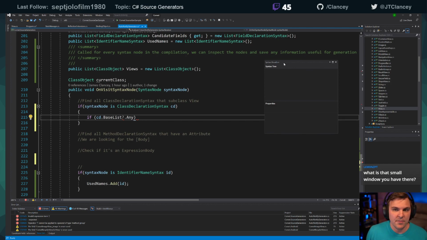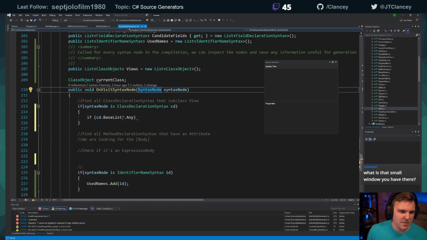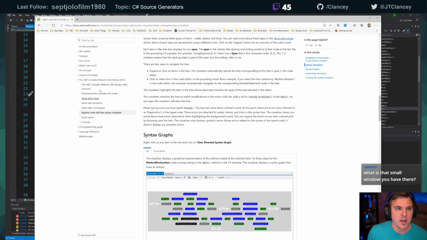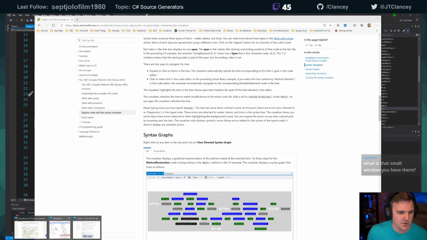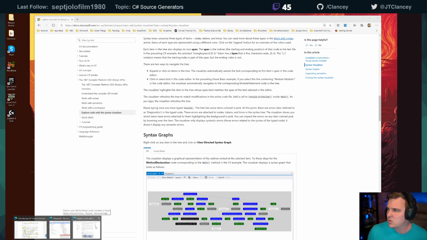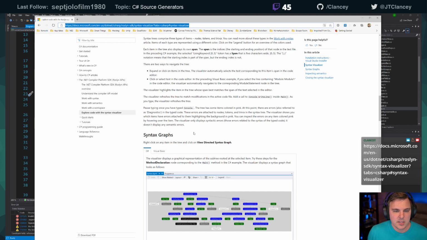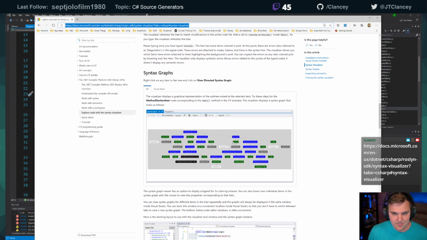So this small window I have here is the syntax visualizer. What it does is, you'll notice how I have this syntax node. Someone brought this up on stream, which has been great. I will relink it for you guys who just joined in. It's this guy, Syntax Graph. So what it does is it allows us to view